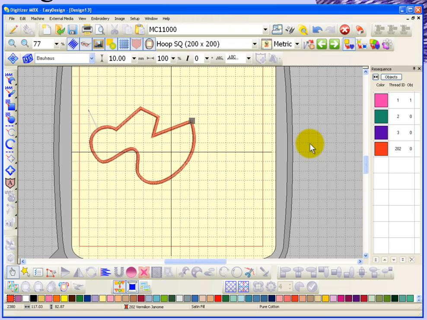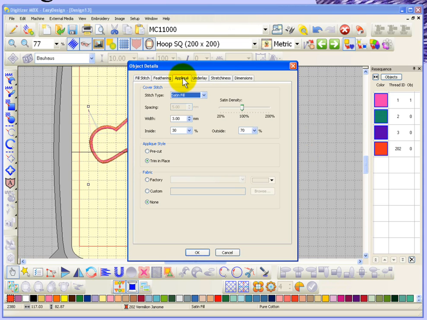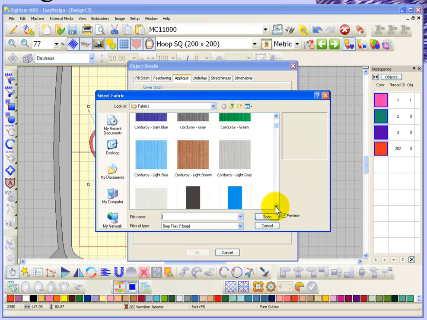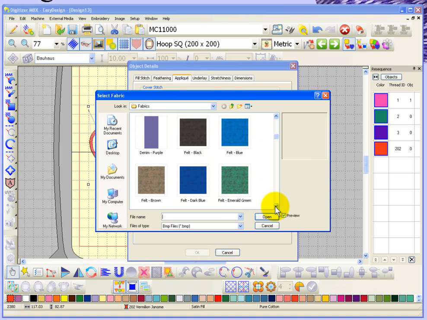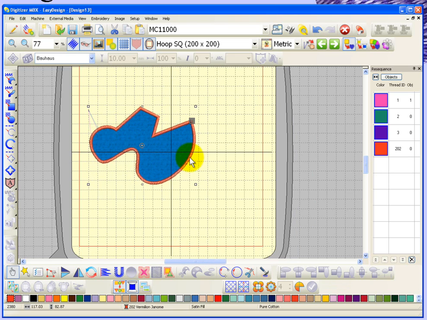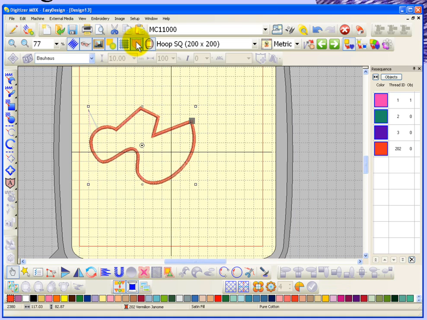Now, something else about using an applique is, and again, if I just open up the object properties for the applique tab, you can actually show fabric inside of the applique on your desktop. So right now it's set to none. If I choose custom and I browse, it gives me the ability to browse through a list of fabrics, which I would then go ahead and select one, and I'll just browse through to show you some of the list, and it's quite a large list of fabrics. So if I choose blue felt for my applique fabric and say open, and then say OK, it emulates the idea that I've got a piece of fabric inside of this shape. And if you remember, we had the on/off key on our toolbar at the top to display or not to display